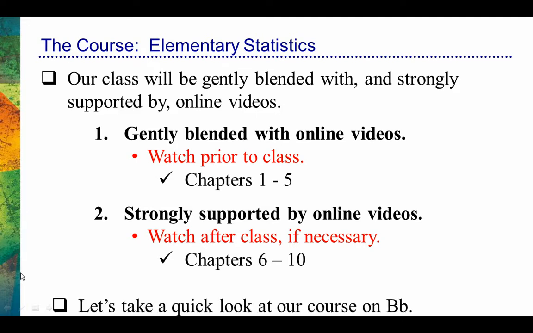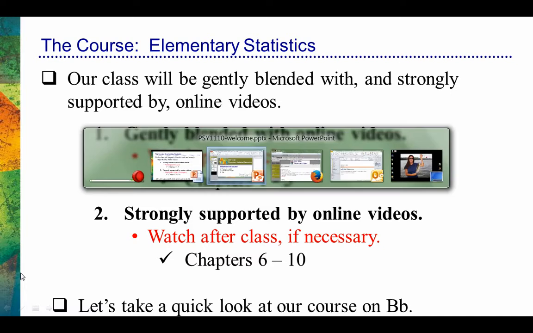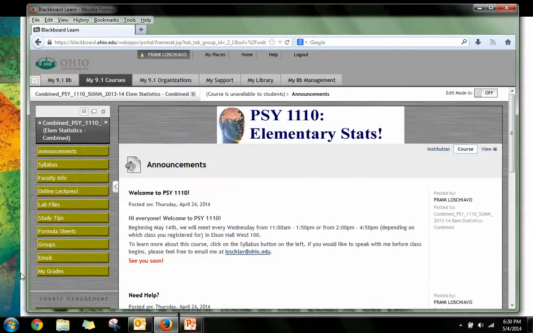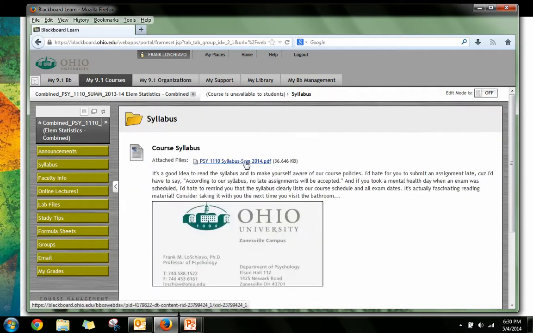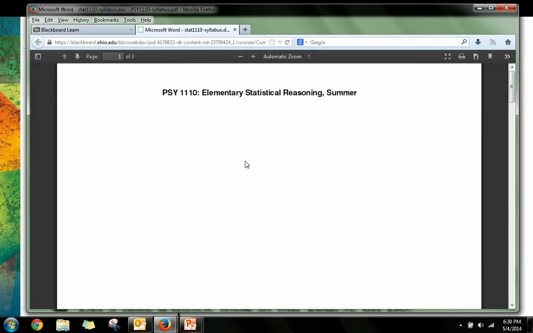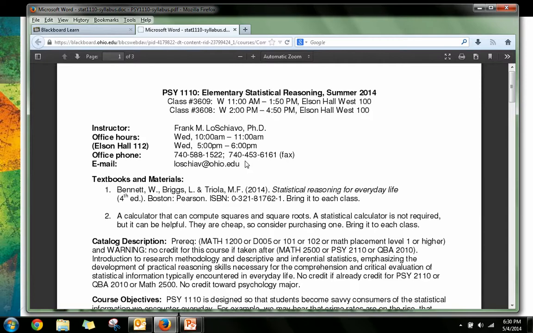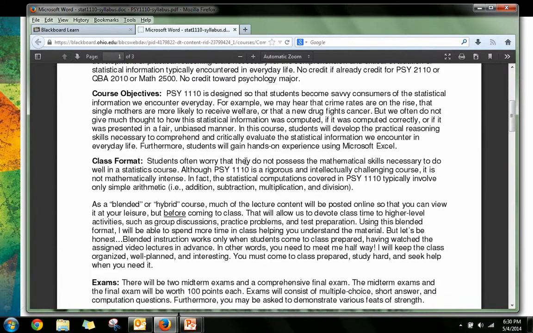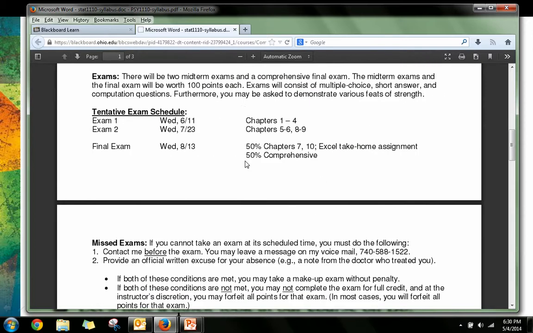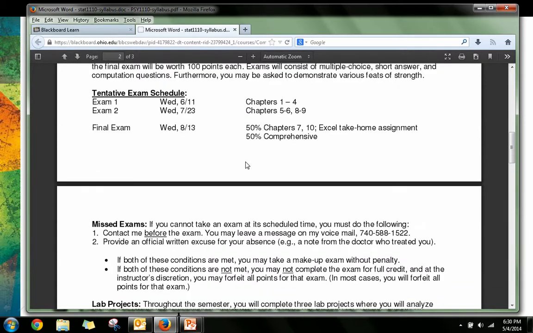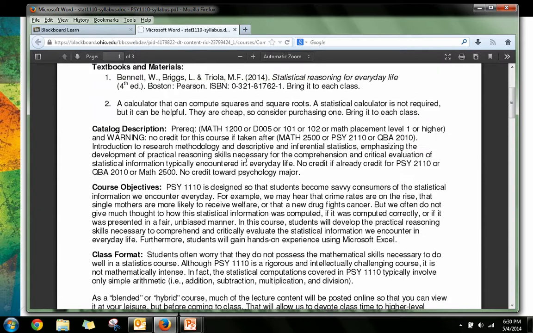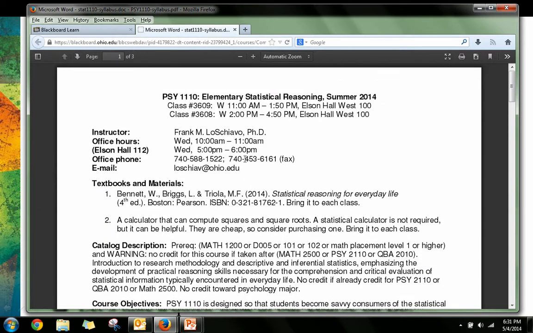That's what I mean. Let's take a quick look at our Blackboard course. Let me find it. Okay. When you're able to log in, when it's available to you, just start looking around. Look at the announcements specifically, look at the syllabus. And look it over, make sure you understand the general components of the course, what's going to be expected of you when we meet. We'll go over the syllabus in class, but it's smart to look at it ahead of time so that you know if this course is going to meet your needs, if this course is right for you.